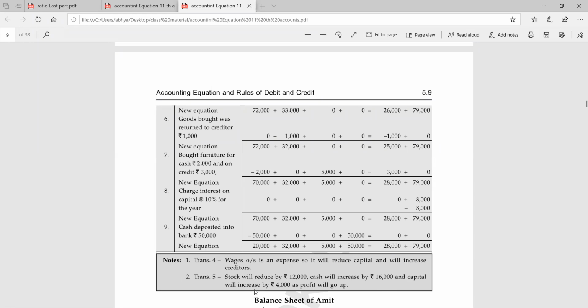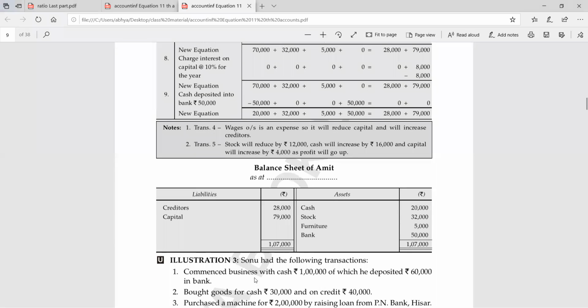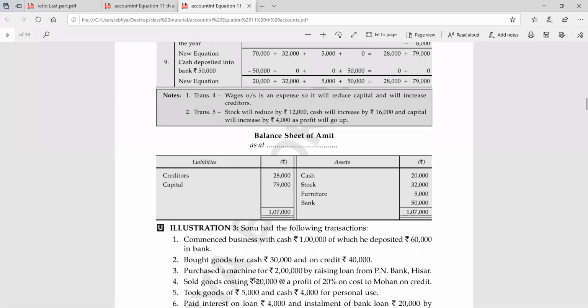Now come to the balance sheet. After making this accounting equation, in a question it can come that you have to show this in a balance sheet. So what is a balance sheet? A balance sheet is a statement of the businessman which tells about his financial position. At the year end, it is normally prepared. In the balance sheet, all the assets, all the liabilities and the capital will be shown. And this is the format of the balance sheet. Whenever you make a balance sheet, you have to follow the same format. Just note down the format in your notebook.